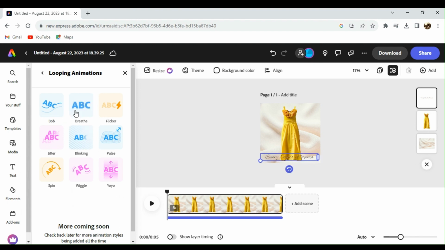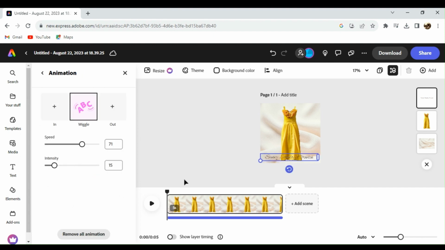And now I'm gonna add some animation to my text. So you can just click or select different kinds of animations that you would like to be added onto your video or onto your posting. Then there. Alright, and there you have it. So this is the final result of my